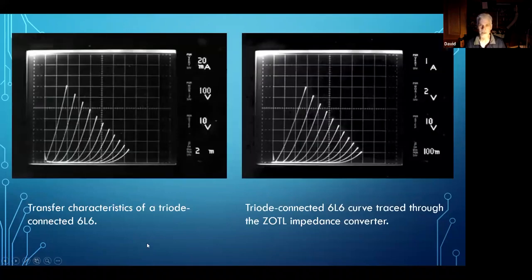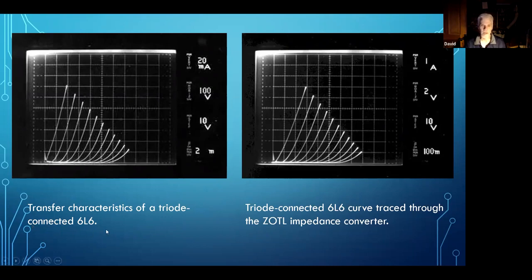A curve tracer is an instrument that I use heavily to look at transfer characteristics of tubes. Helps in design, finding the best operating points, and so on and so forth. Some of you may have had experience with them. Probably most of you haven't. But